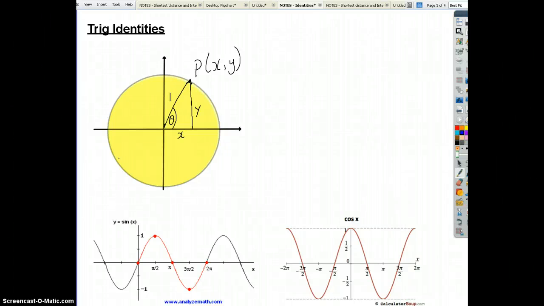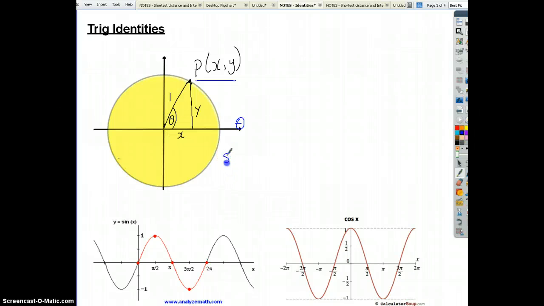Hey guys, we're going to have a little look at some special relationships that exist in our unit circle. So I'm just going to go back to our basics where we have point P (x, y) that's moving around our unit circle. Our circle is of radius 1. And if we define our angle of rotation as the angle with the positive x-axis, our theta,